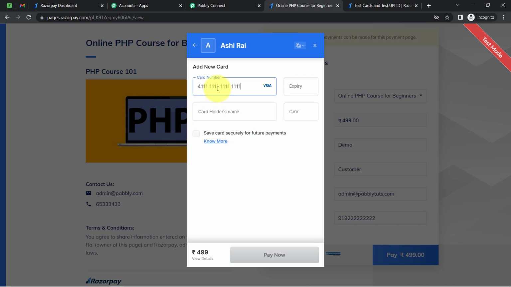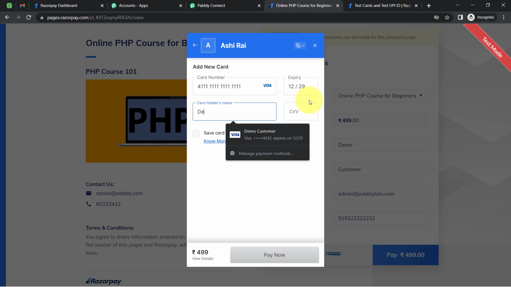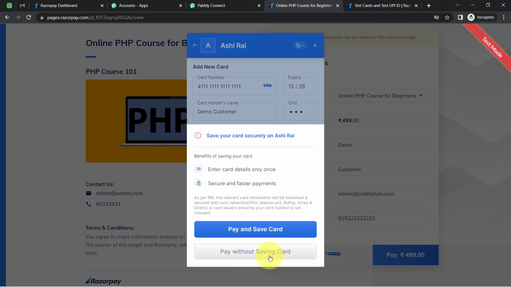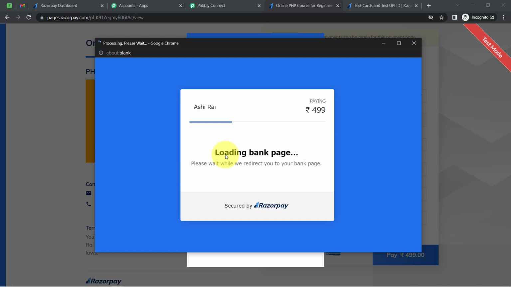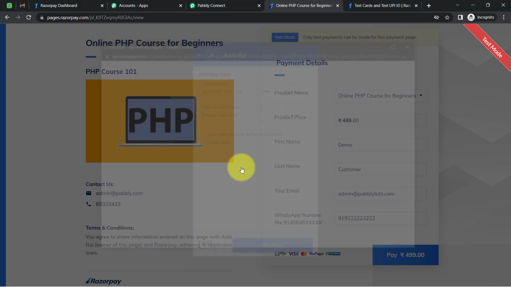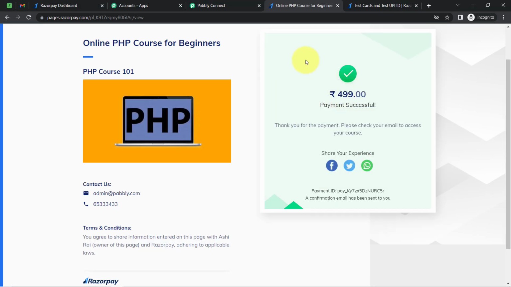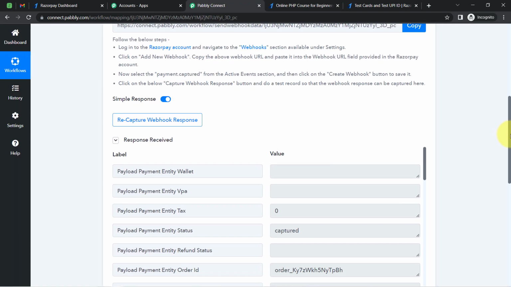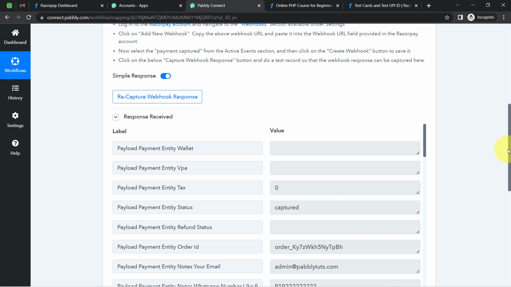So I had copied this card number, just a random date, and here I am going to provide the name as demo customer only, and finally the random CVV. Clicking on this button pay now. All right, pay without saving card. Clicking on success, and the payment has been successful. Coming back to Pabbly Connect, as soon as I have made the payment in Razorpay, the